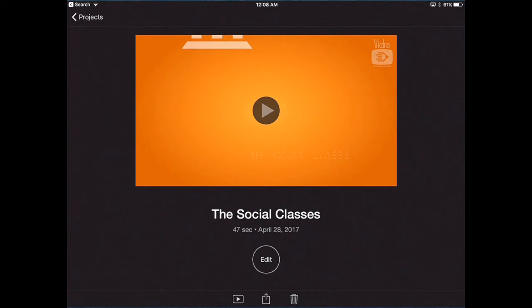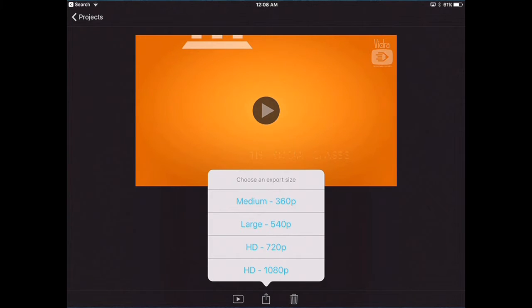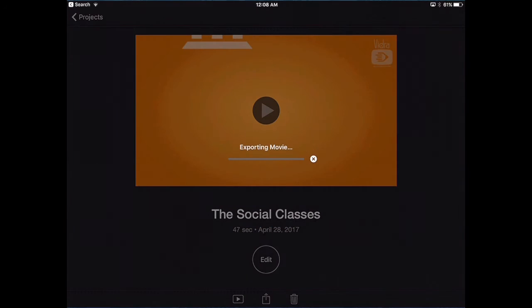And then export it. You can save it to your camera roll and then choose the export size that you want. And then it will export your movie